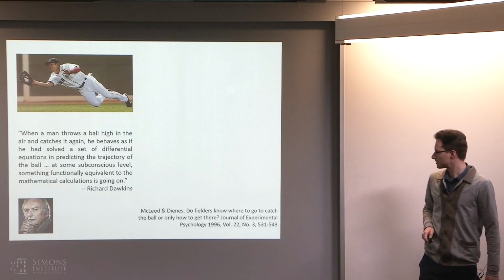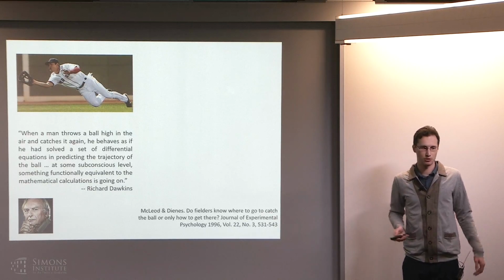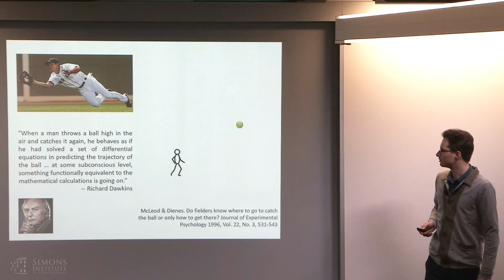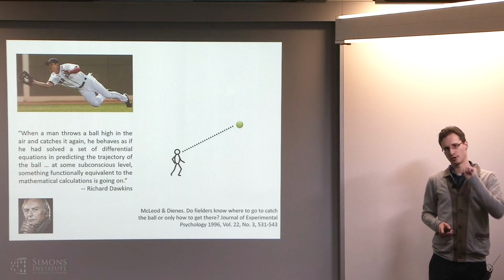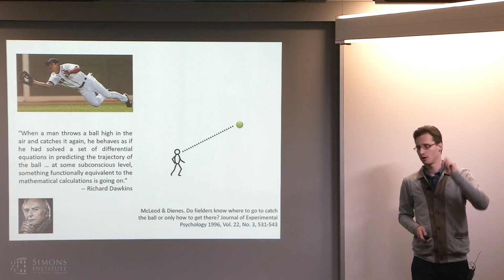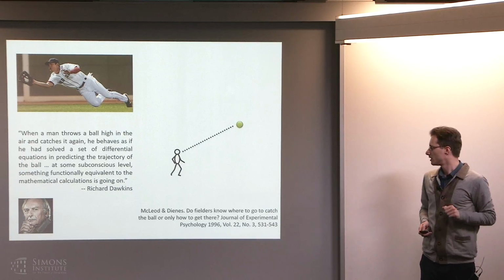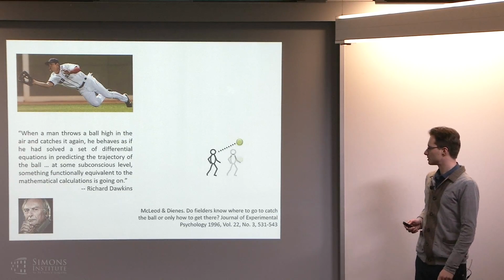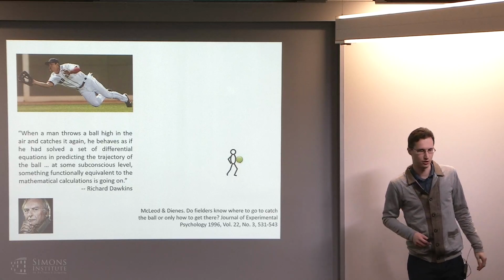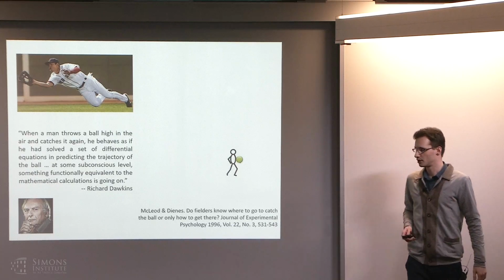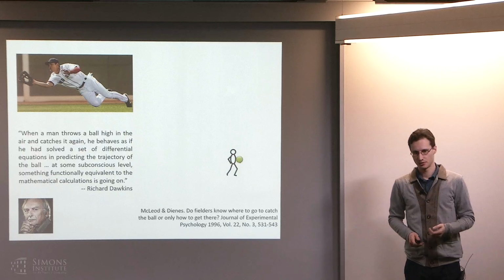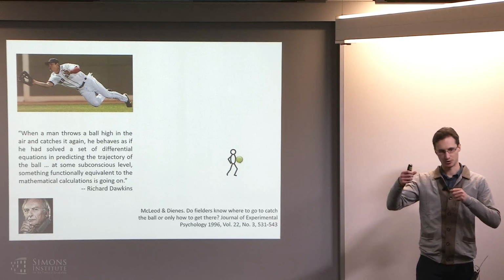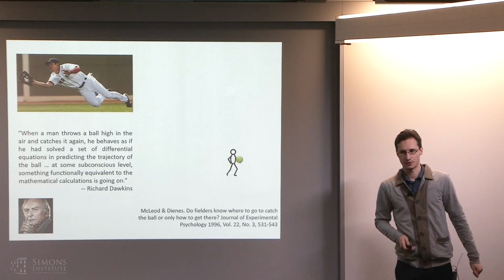Then in the 90s, scientists actually studied how people do this, and it turns out it's quite a bit simpler. All we do is look at the ball, look at where it is in our field of view, and fix that position. We stare at it, and then we start running. If the ball drops a little bit, we speed up, and if it rises a little bit, we slow down. If we follow this very simple heuristic with a rudimentary similar triangles argument, you can prove that you'll arrive at exactly the spot where the ball lands. So you don't need to estimate your air velocity, you don't need to estimate gravity, nothing at all. As long as you tightly couple perception and control, you're going to be able to do the task.